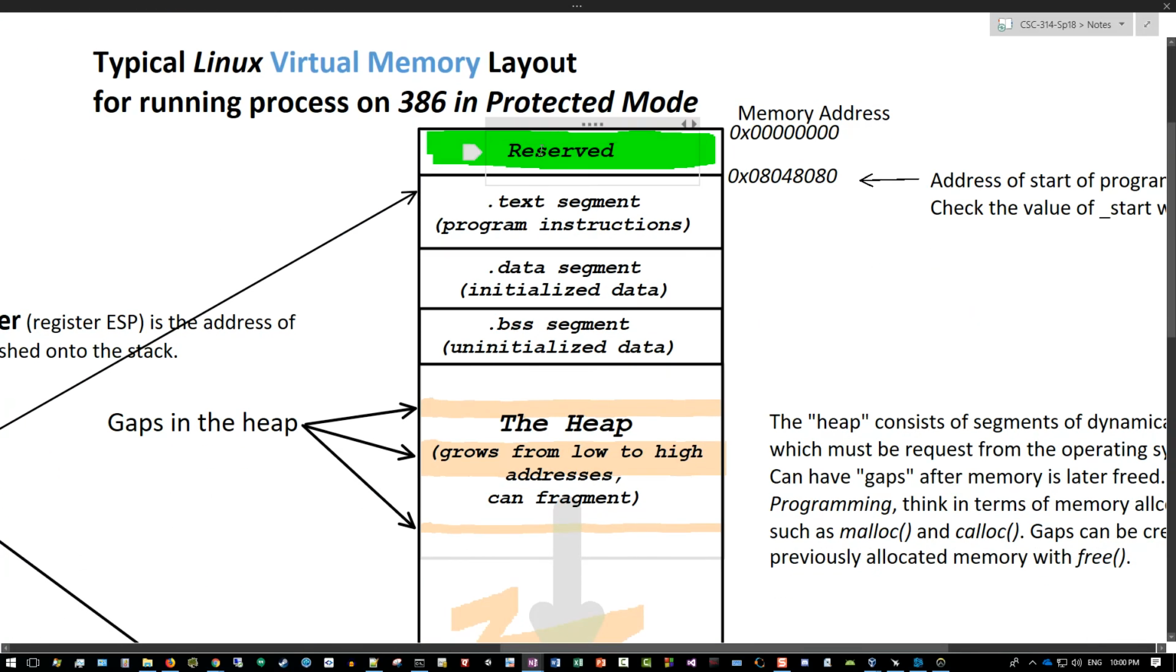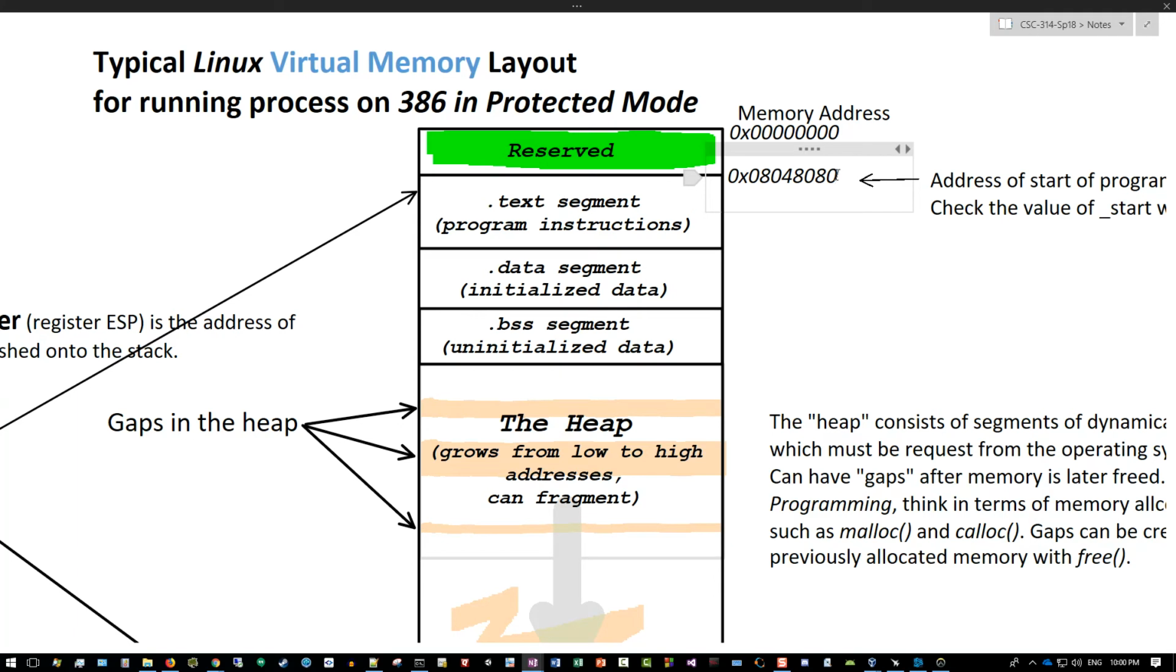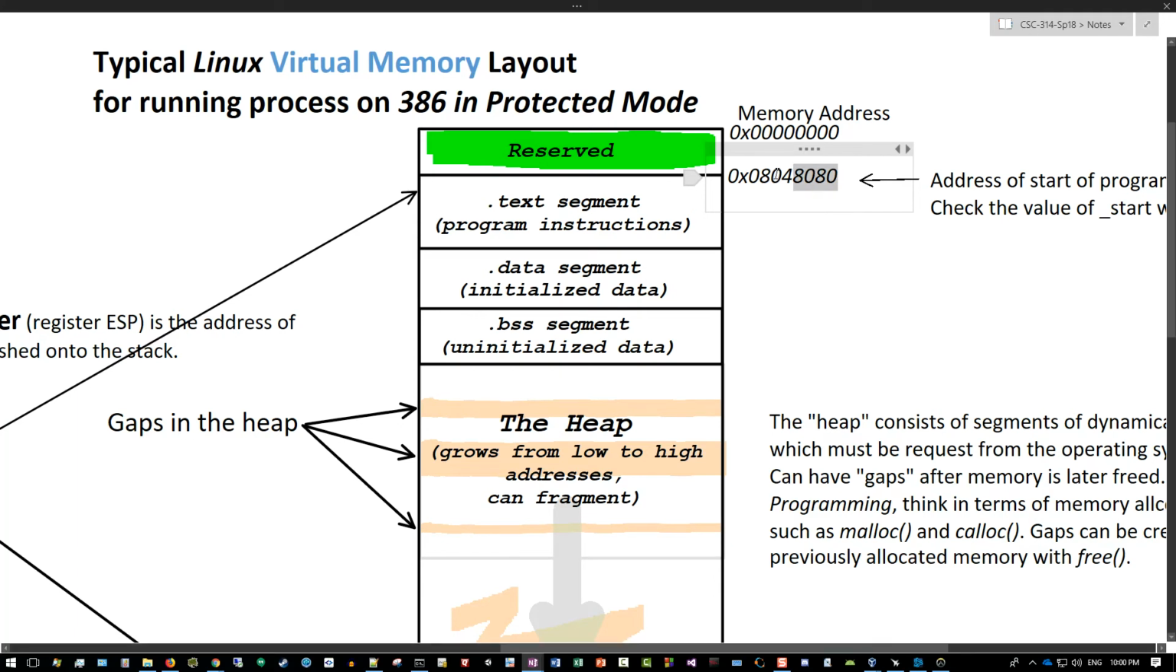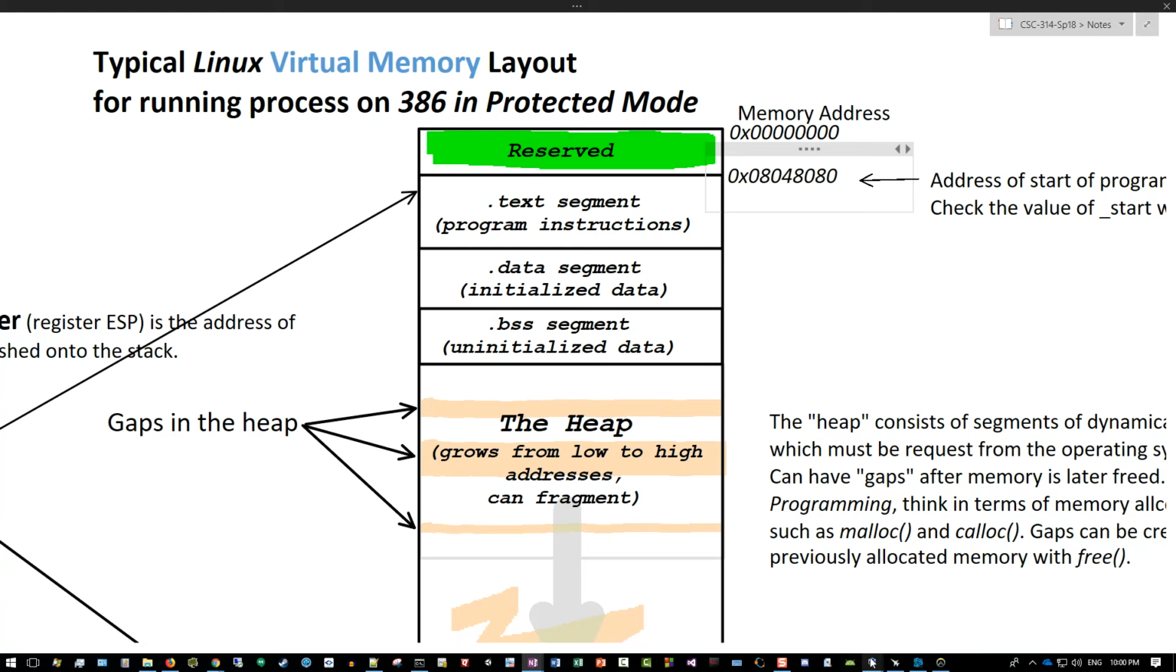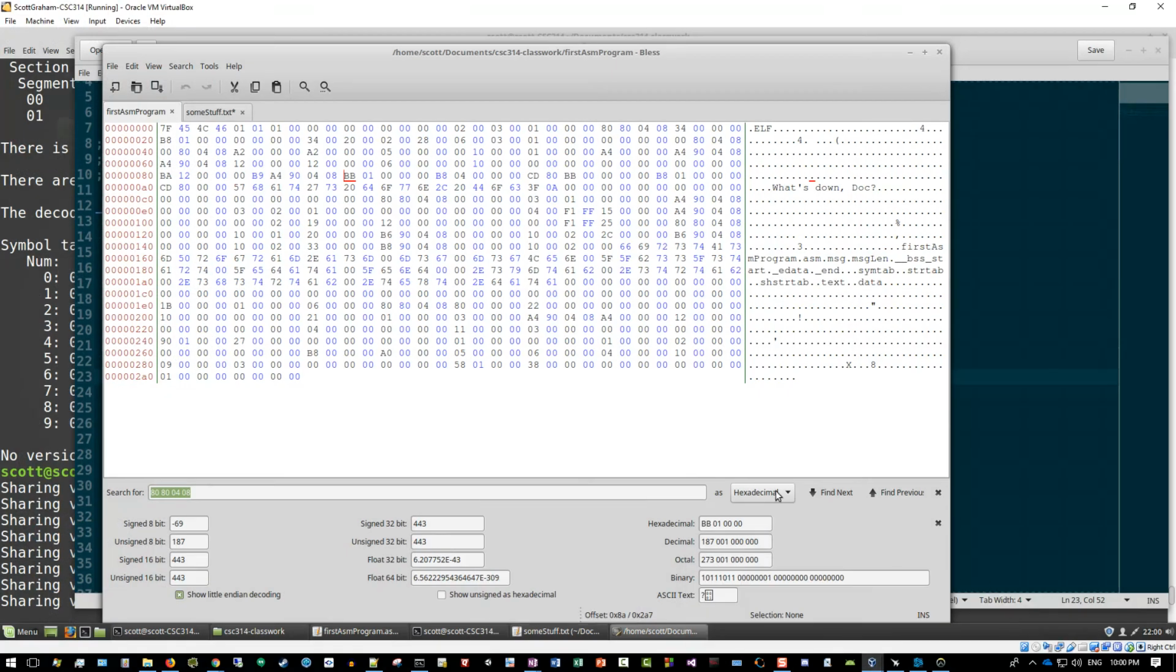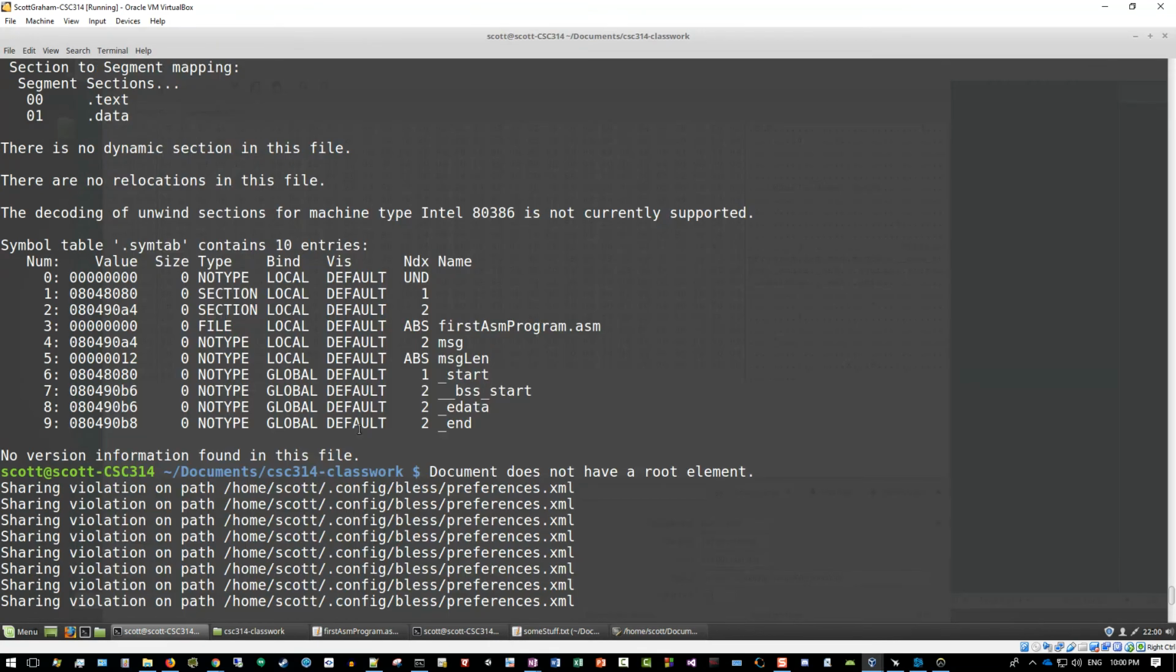There's a little reserved section that the operating system messes with. Don't worry about what happens there. Then your .text segment of your program starts at typically this address. This can be different under some circumstances, different operating systems and so forth, or even different variations of Linux. So this number is not written in stone, but if you'll remember what we looked at last time with the readelf command,